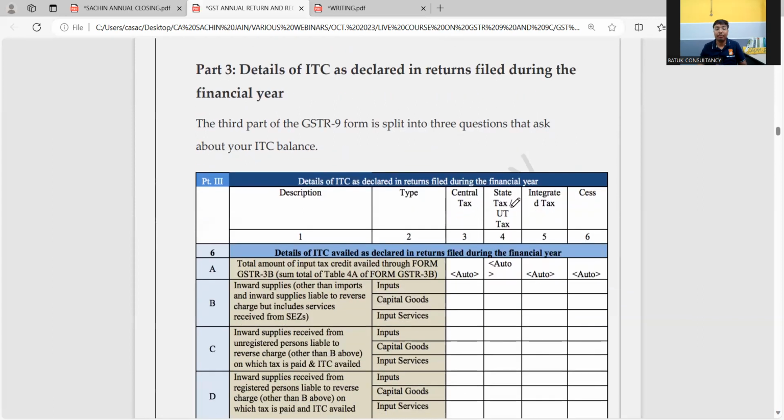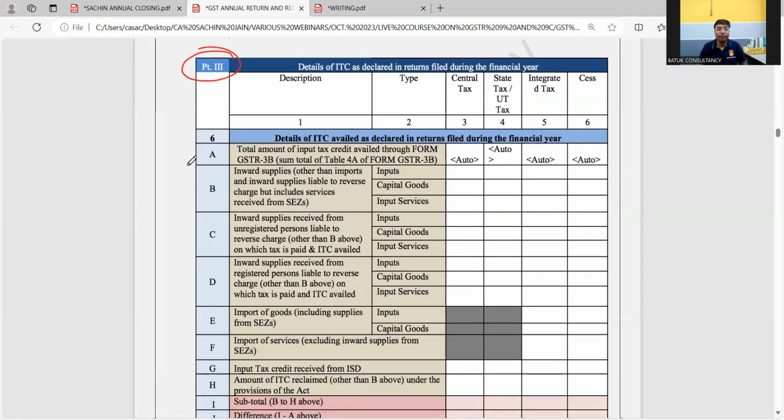पार्ट नंबर 3 ऑफ द GSTR 9, पार्ट नंबर 1 जो हमने डिस्कस किया था, we had discussed the basic detail which was auto populated on the GSTN common portal on your GSTR 9 return. Part number 2 was related to your outward supply. Part number 3 is related to your input tax credit. Okay, so part number 3 का point number